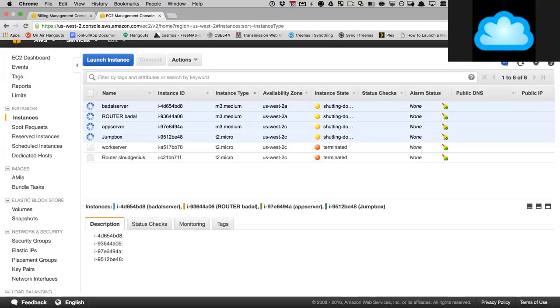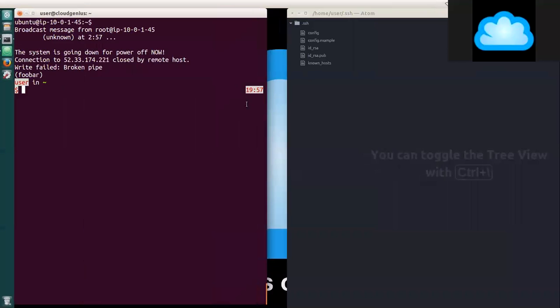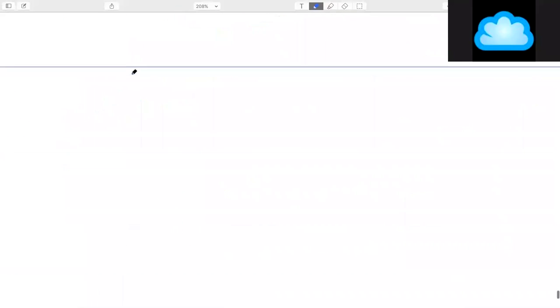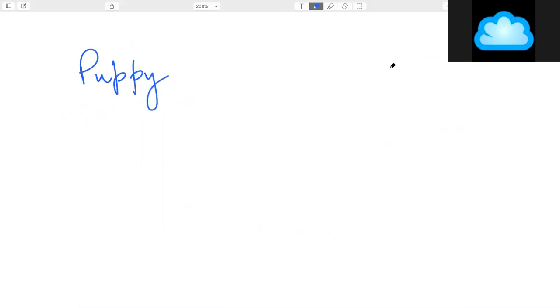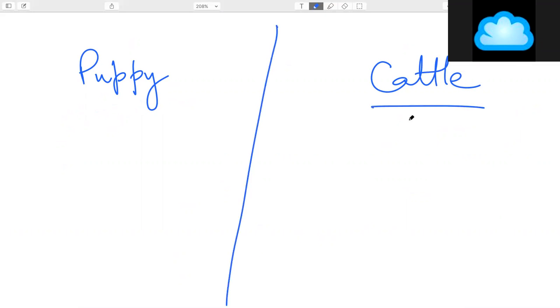In the context of cloud, it is easier and cheaper to just kill the whole thing and move on, because it's all rental, right? We just rent them. We don't own them. If you buy a computer from HP or Dell, then it becomes your puppy, right? So this discussion, you may have heard of it before, is about a puppy versus cattle, right? So imagine if you are in Texas